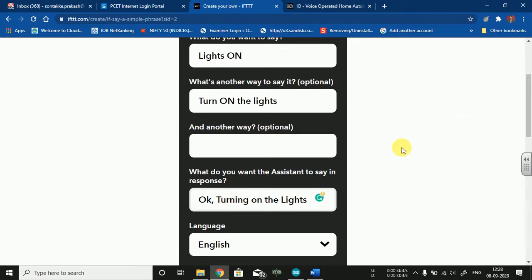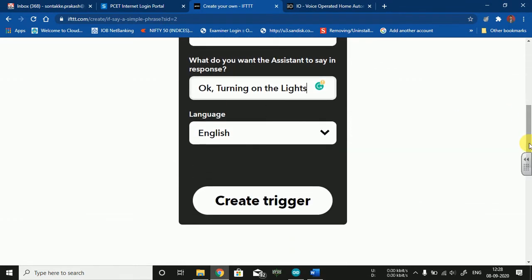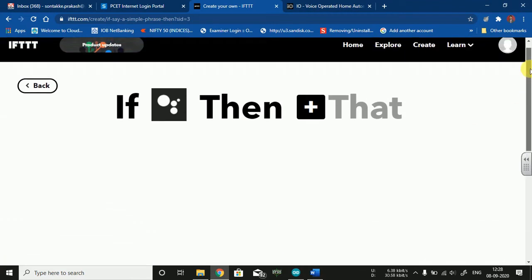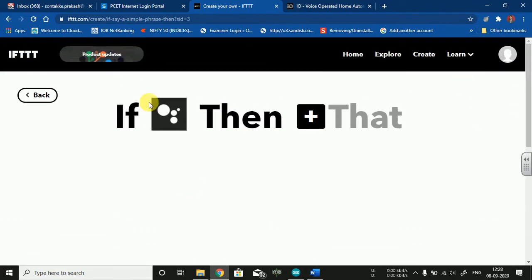If I give the command on Google Assistant as lights on, I will get the acknowledgement from the Google Assistant as OK, turning on the lights, and now your action would be triggered. Now click on this option, create trigger.